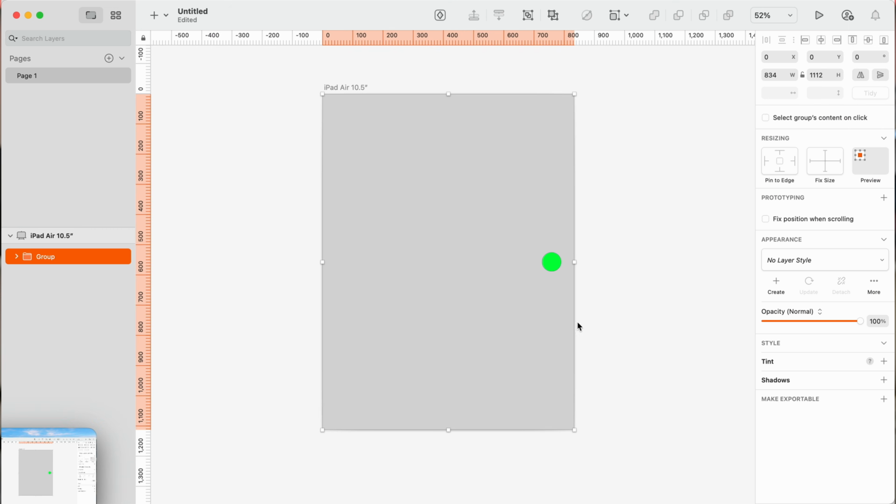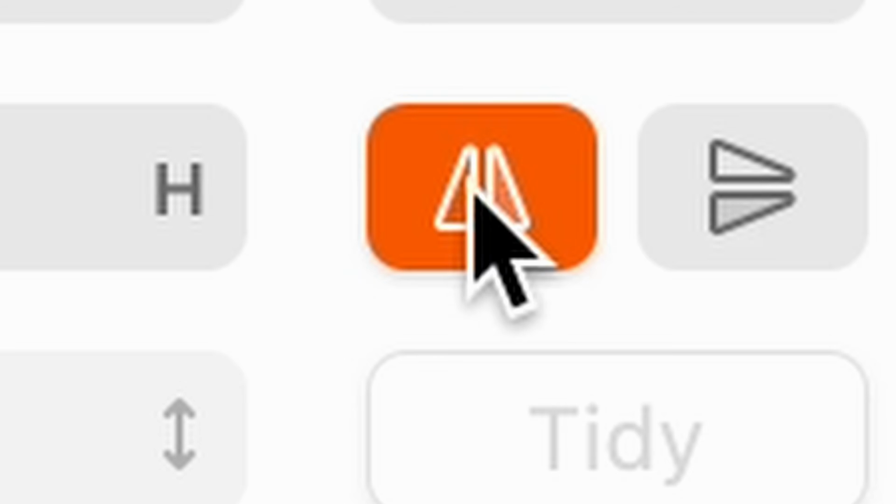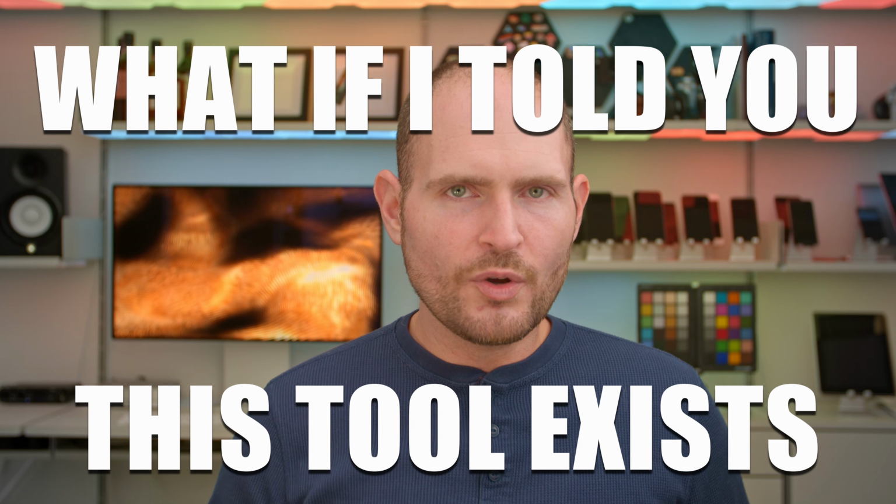Like when I run into this kind of complexity, I like to take a step back and ask whether I fully understand the problem I'm actually trying to solve. It feels like there should be some kind of tool to mirror an element on screen, kind of like the mirror button in a drawing tool like Sketch. What if I told you this tool exists? And it's called a transformation matrix.